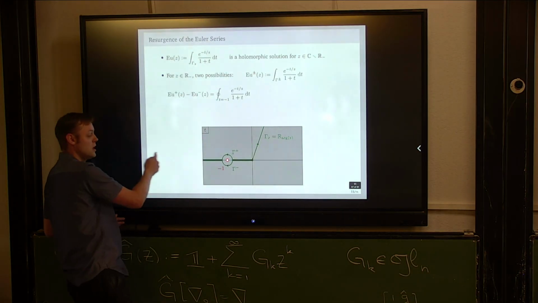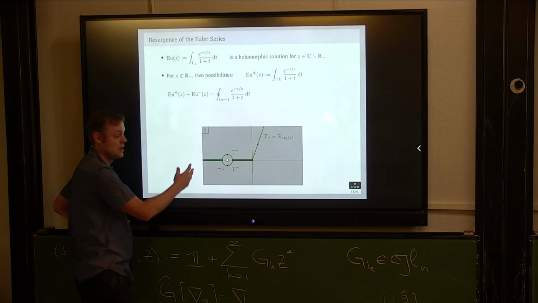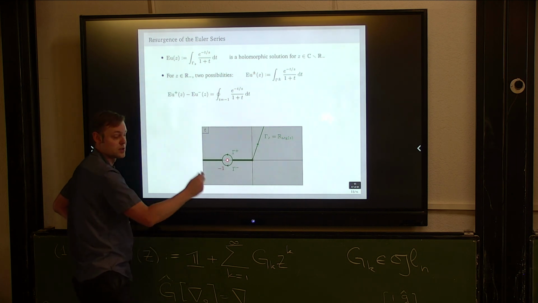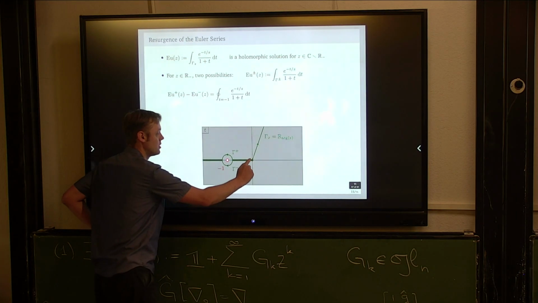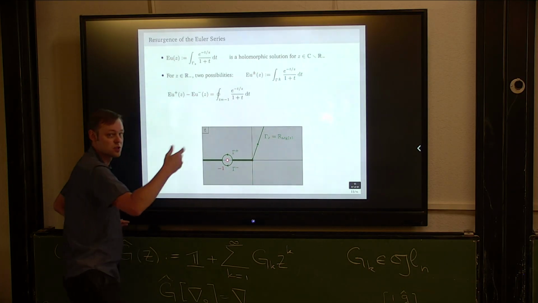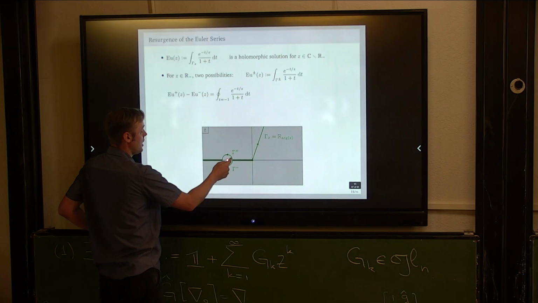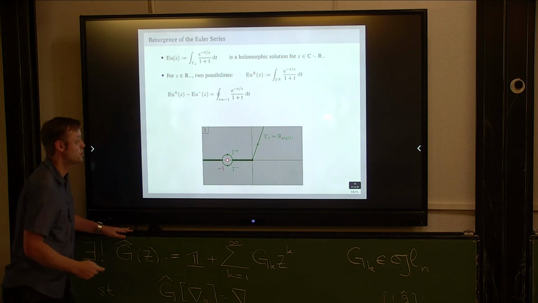So when I'm doing this part of the integration, I get an overall cancellation. And the same for this interval. The values of the integrand at all these points, they are equal. So when I do integration along this segment and then along this segment in the opposite direction, they just cancel each other out. The only two things that don't cancel are the contributions coming from these half loops, and therefore